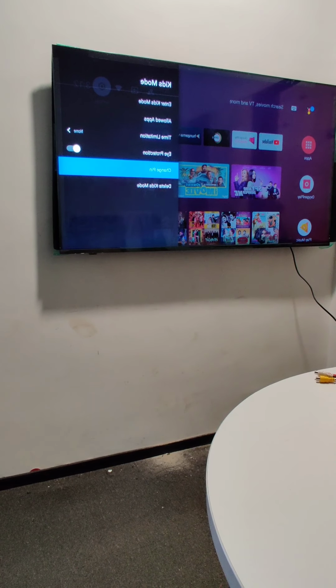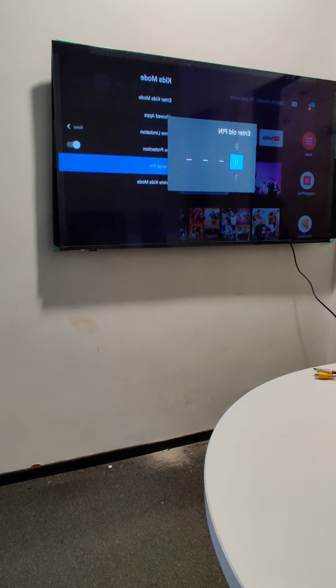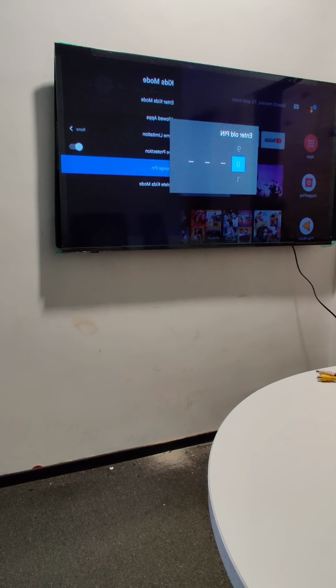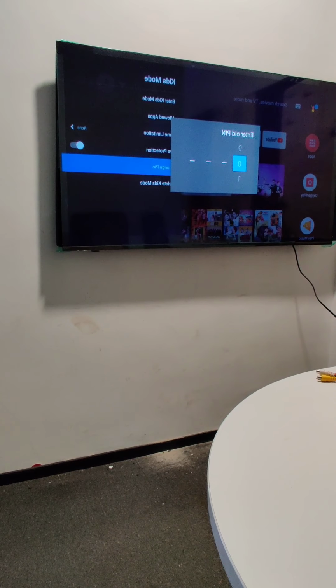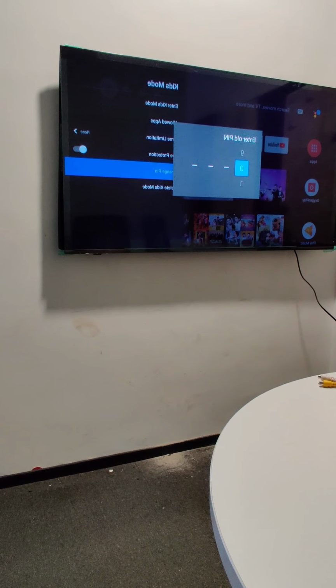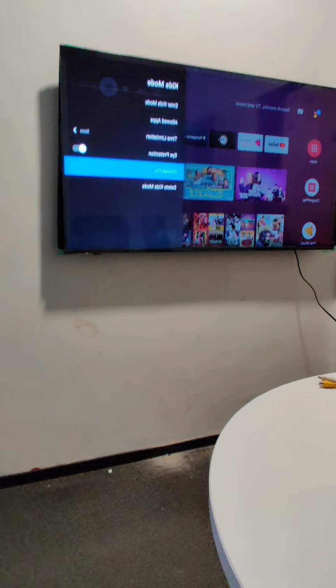And change pin, definitely if you want to change your pin, in that case you need to enter your old pin first, so your kids will not be able to change the pin unless he knows the old pin. What is the old pin? He will not be able to change the current pin code. You can change it, use your old pin, then you can re-enter your new pin and you can set a new pin for this kids mode.